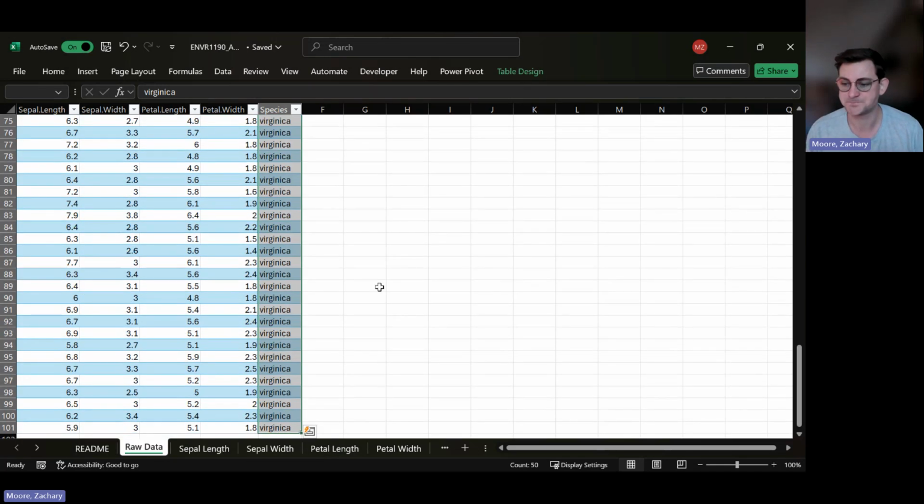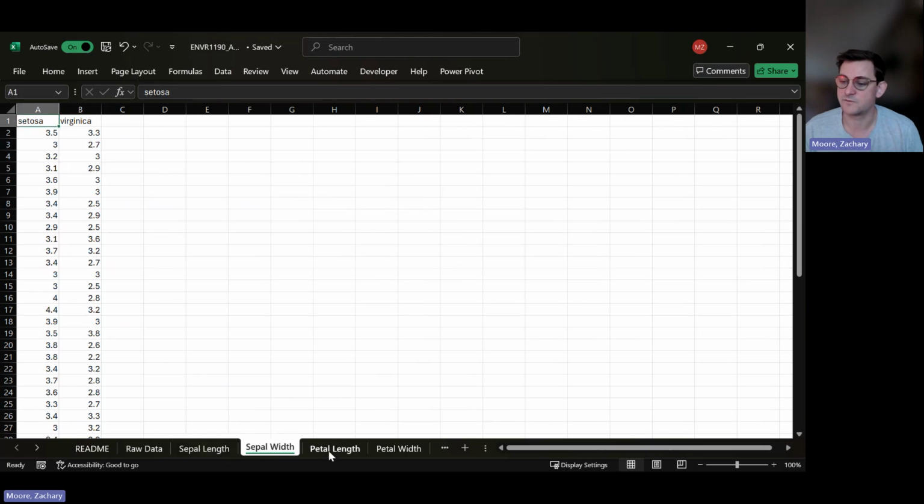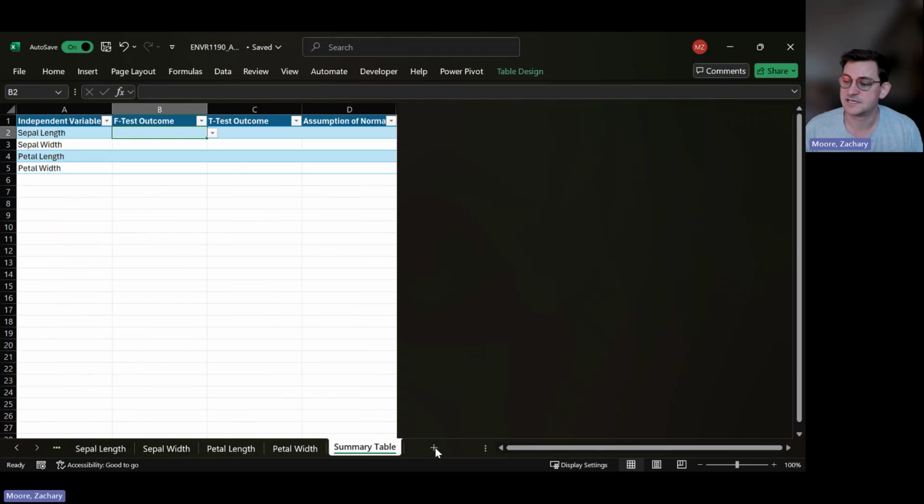flowers of Virginica. What I've done to make your assignment easier for you is move these onto a sheet in the format that we need to do our t-tests. And so you see that you have one sheet for sepal length, one for width, one for petal length, and one for petal width. In addition, I've created this summary table where you're going to put your results so that you can put it directly into your